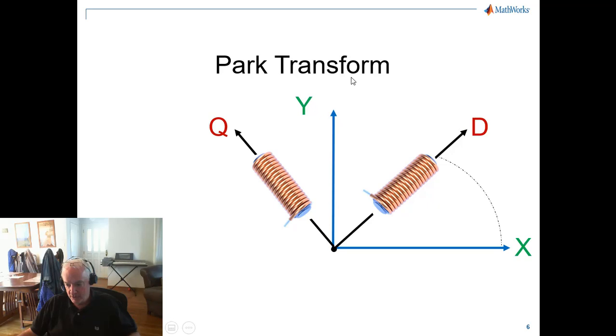And so the Park transform is really about coming up with, again, a somewhat mathematical construct where we're imagining that there are electromagnets on these D and Q axes, right? And so if I'm driving current about the D electromagnet, I'm inducing a magnetic field that happens to be superimposed on the natural north-south axis of the rotor. It means that if I drive current through this mathematical construct of a D electromagnet, I'm going to either add to the